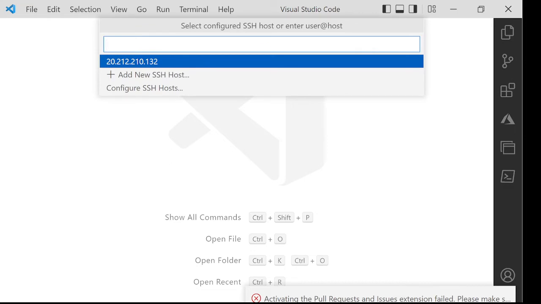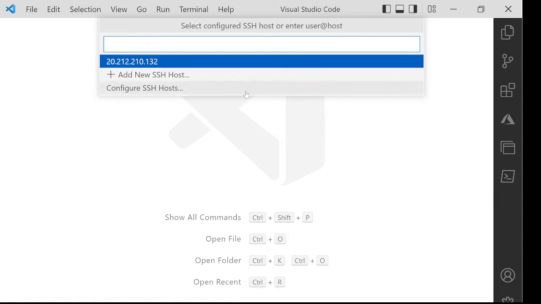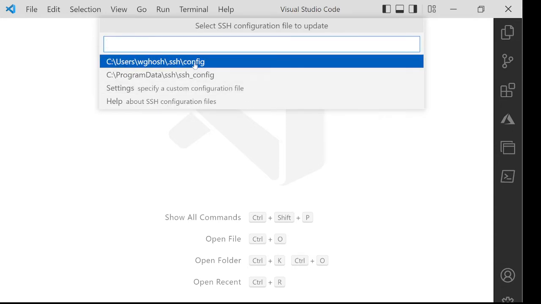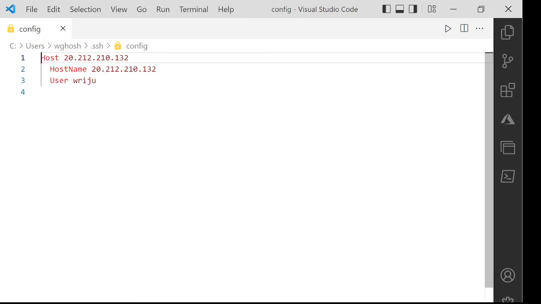I can add a new host. This is already added, so I'll show you how that file looks. This is the file where the information is added. This is where the remote host is added. You can see that the username is defined, the public IP address is defined, and the name is also defined: Ubuntu dev